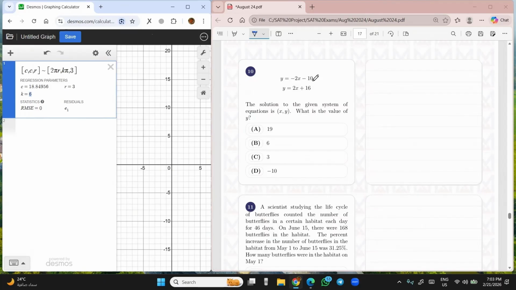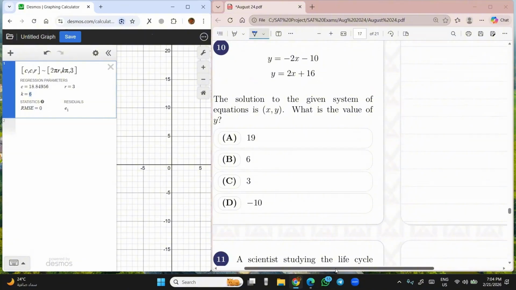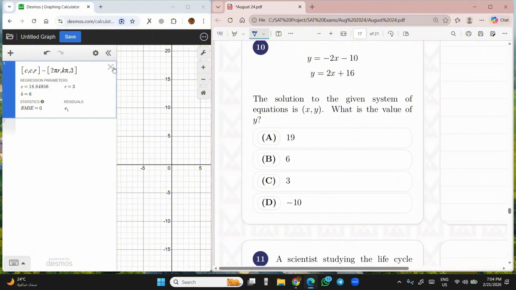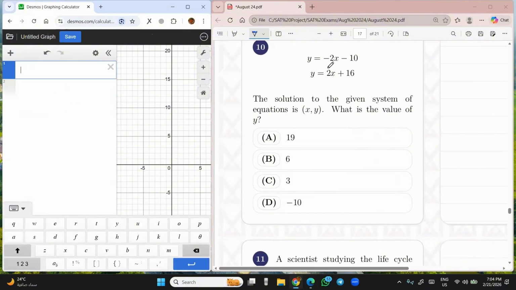Question number 10, we have a system of linear equations. The solution to the given system of equations is x and y. What is the value of y? So we need to get the value of y only. We can draw these, or we can just write these on Desmos and we get the value of y. And you have two ways to write this. You can just write them in 2 separate lines like this: y equals negative 2x minus 10, which gives